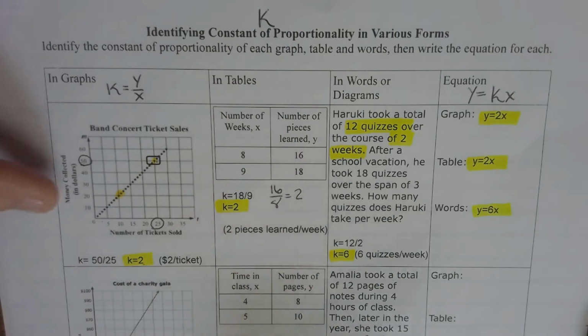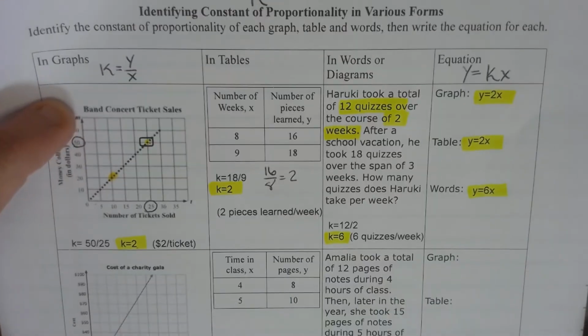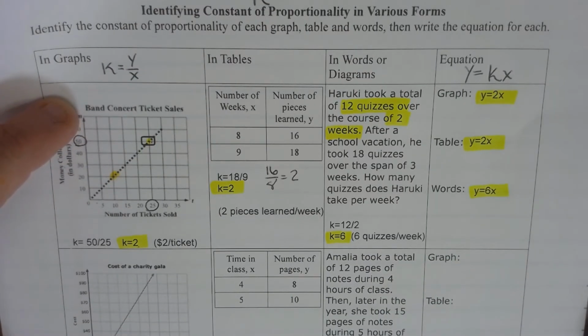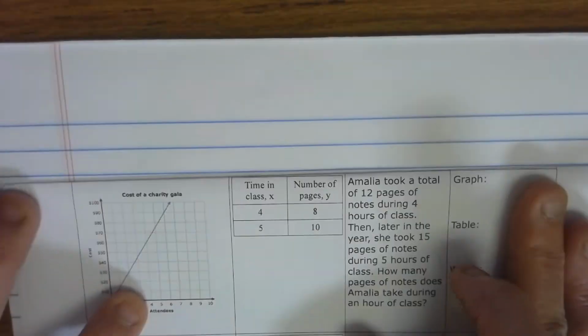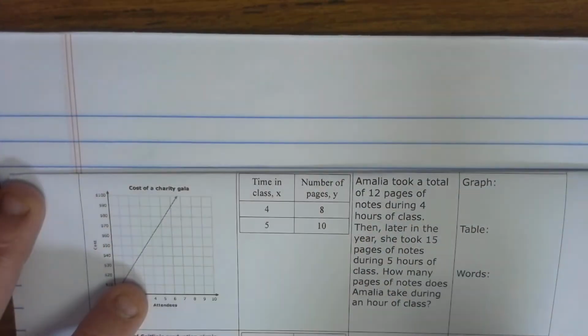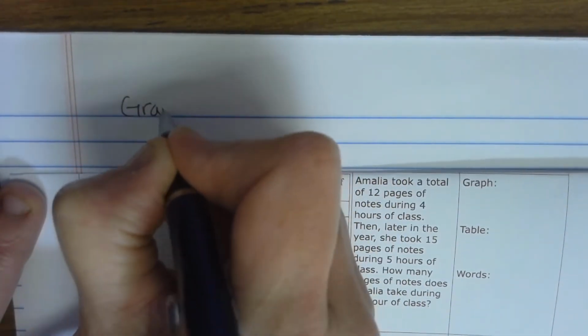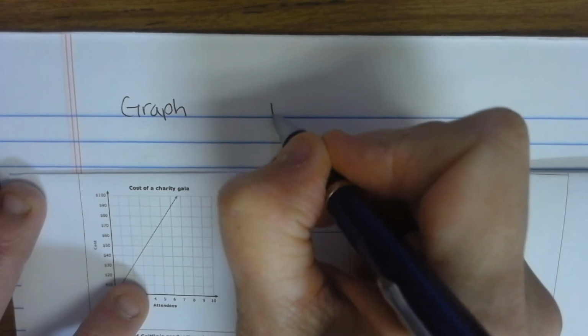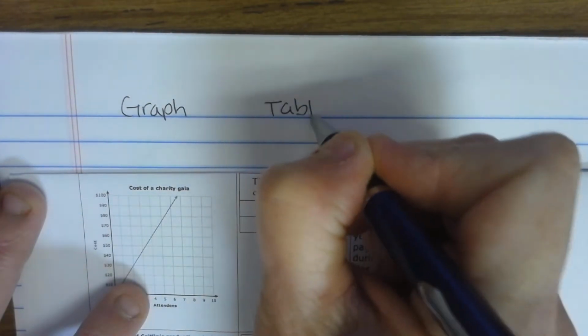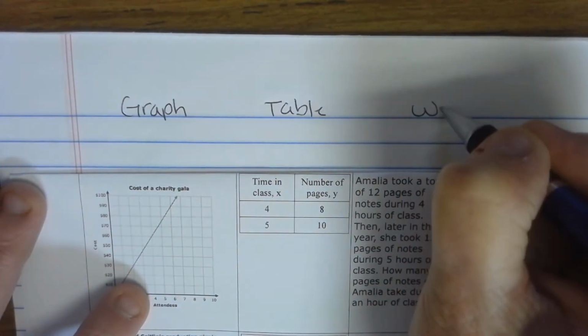Now let's do another one. And I'm going to show you how to do this if you are not able to print this out. So what I'm going to do is I'm just going to fold this back to the second row. Okay, here's the second row. And if you were doing this on your paper, you could just do graph, table, words,